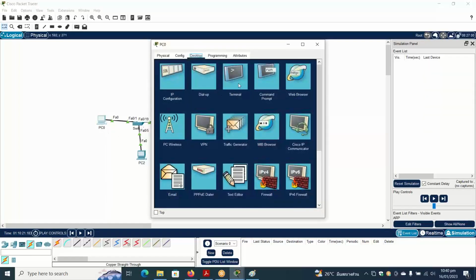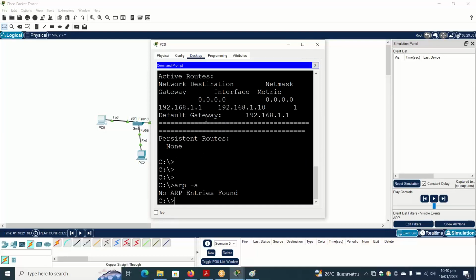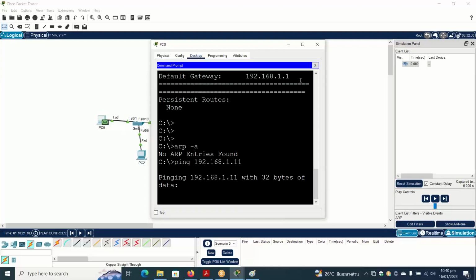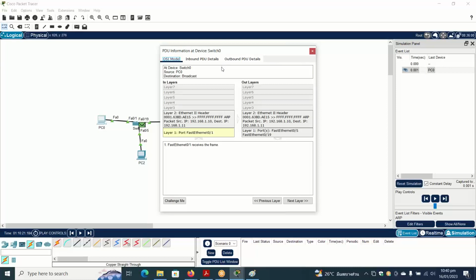So this is PC0. We go to the command prompt, and in the command prompt we will use arp -a. There are no ARP entries. This time we will say ping 192.168.1.11. Now it will generate the ARP packet. So this is the ARP request. If we open it,